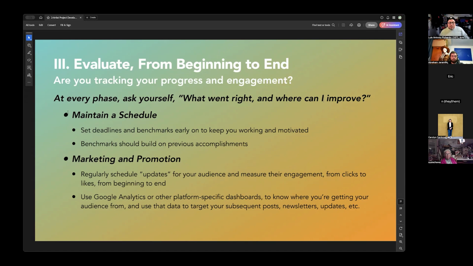And one way in which you can do that at the beginning and middle and end is by maintaining a schedule, right? Just like we talked about before. Don't treat it like a side hustle, don't treat it like a hobby. Take it serious, maintain a schedule, be consistent. It will keep you motivated and it'll keep you working towards whatever goals you set for yourself. And again, benchmarks will build always on previous accomplishments, especially if you're meeting them in a way that feels authentic